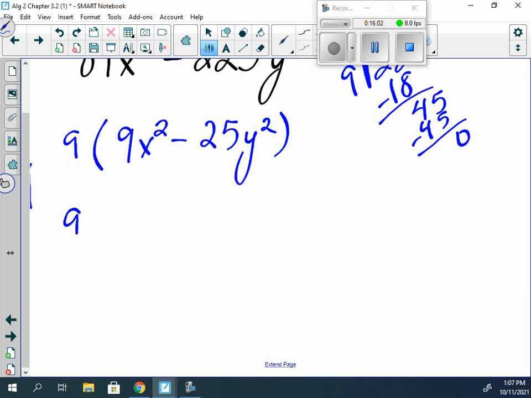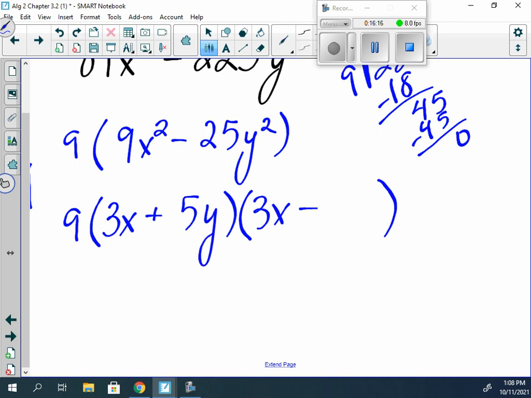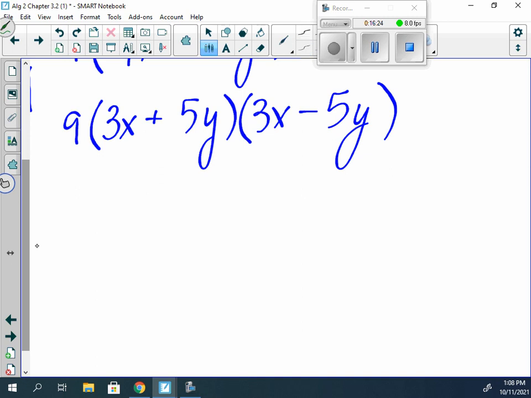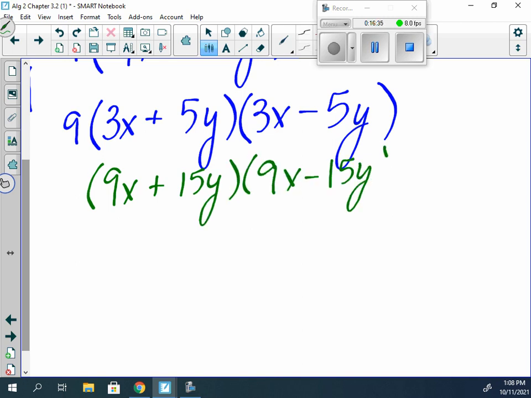Which we can do the same thing and say 9 times. Well, what times itself is 9? We have 3x and 3x. What would 25y squared be? 5y and 5y. Now, if we'd have left the 9 factored in, really we're just multiplying both of these by 3. It would have been 9x plus 15y times 9x minus 15y. I mean, both of these are the same set of factors,